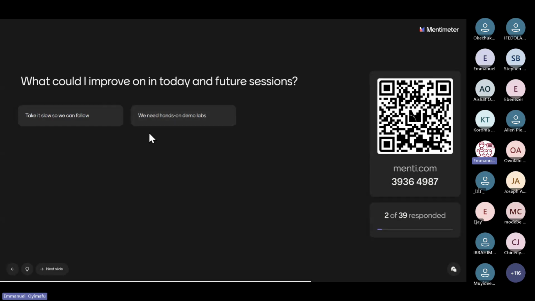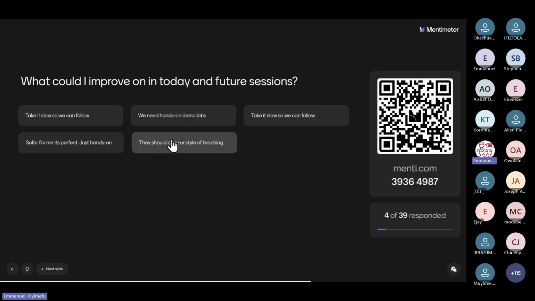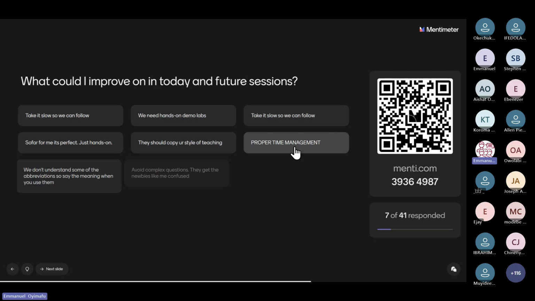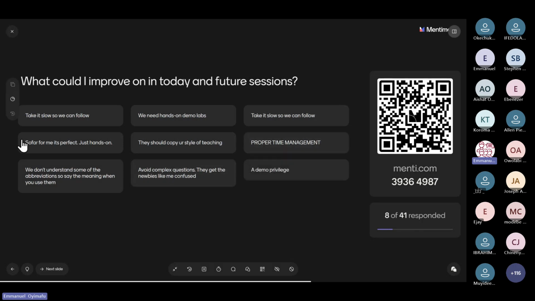Aisha is going to send your credentials to those of us who have filled the form, so that we can get the tenant. Take it slow so we can follow. Okay, no problem, I'll try my best to take it slow. So far, for me it's perfect, just hands-on. Proper time management. Okay, I'll try to have proper time management. We don't understand some of the abbreviations, so say the meaning when you use them.